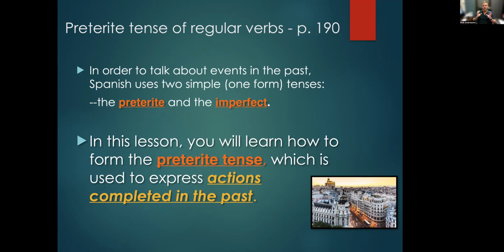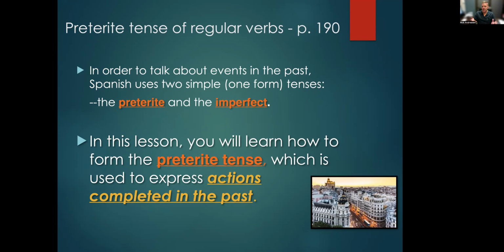But know that this particular form of the past tense, the preterite, refers to actions that were completed in the past. So not even necessarily a one-time thing, but something that was done and was over. It's not ongoing. Last night, I went to the store. Yesterday, I ate 14 tacos. Today, the Bengals won their football game. Those are all past tense sentences, and they refer to an event, an action that has taken place and is completed in the past.